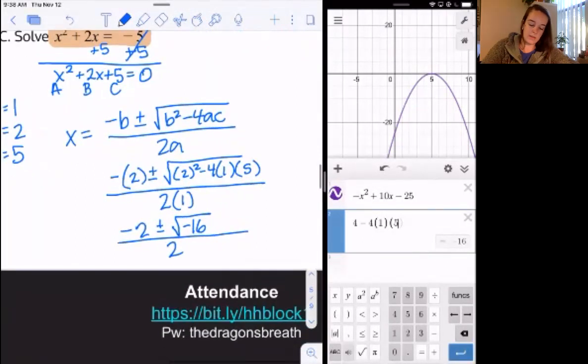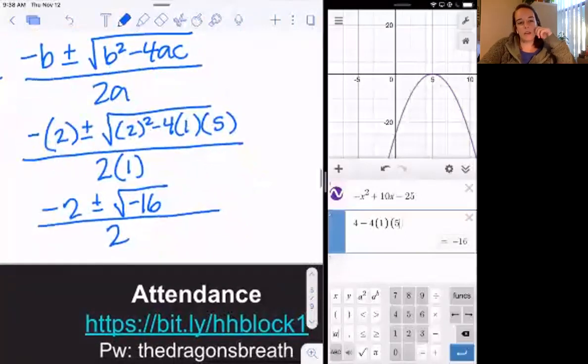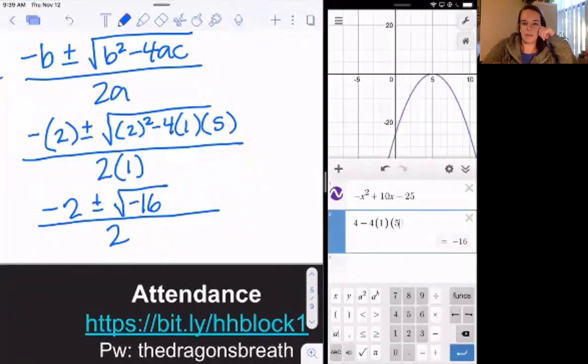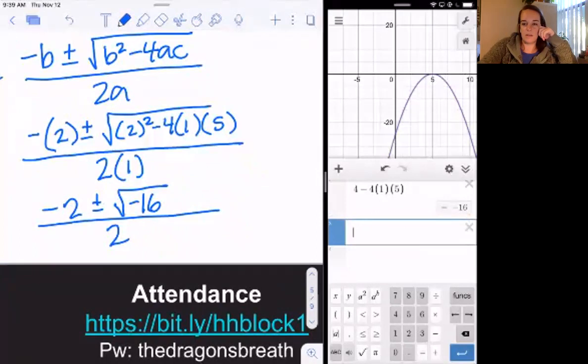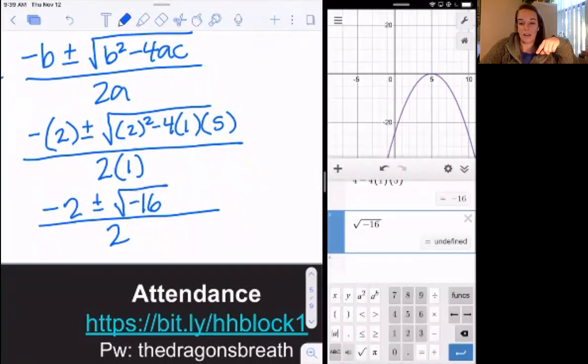Yes, thank you for helping me out in the chat. What happened? Does anyone remember from last week? What happened, or from Tuesday, I guess? What happens when you have the square root of a negative number? If I try to type it in a calculator, what's going to happen? Yeah, undefined, right? If I do square root of negative 16 like this, it's undefined. Yeah, which means, Brandon and Antoine, exactly, and Nayali, it means no solution.